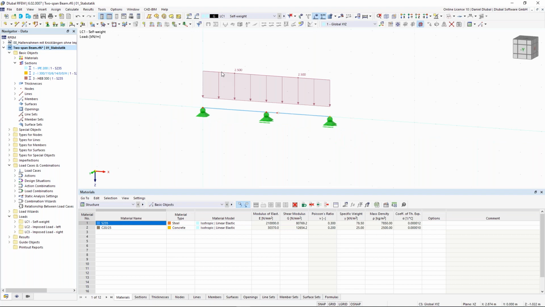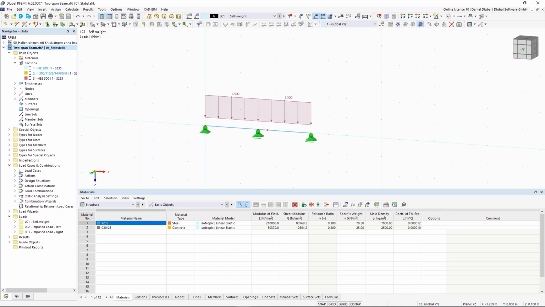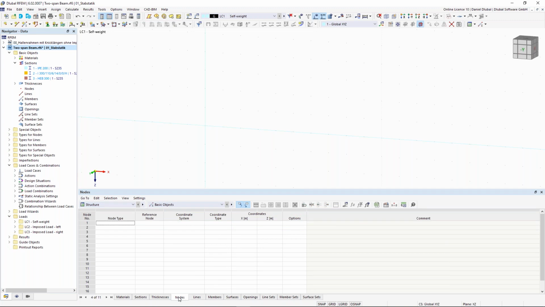Next thing is just a structural system with various types of loads and also some supports. So I delete this again. Now I will create the nodes with the tables. I go here to the structure, go to the tab nodes. So the next two examples you don't have to do with me. I will do it a little bit faster, just giving you an overview about how you can do things in